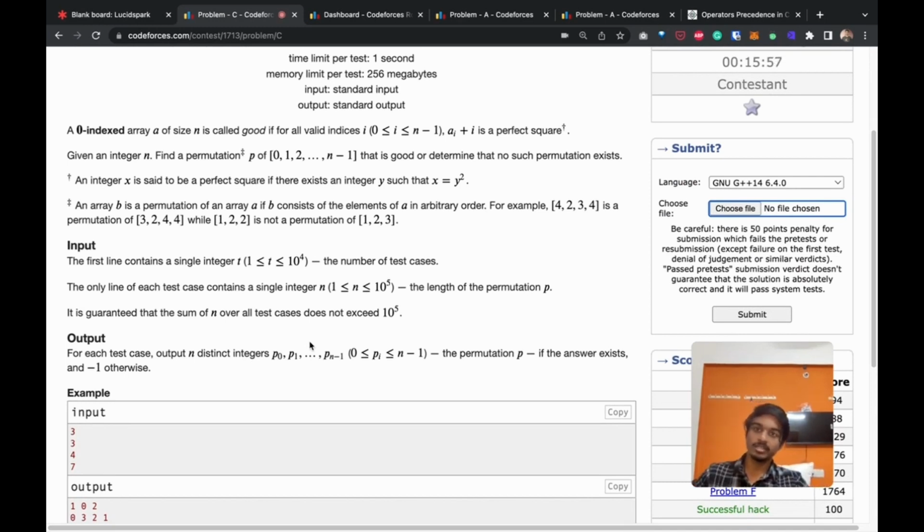A zero indexed array of size n is called good if for all valid indices i, a[i] plus i is a perfect square. Given an integer n, find a permutation p that is good or determine that no permutation exists. An integer x is said to be a perfect square if there exists an integer y such that